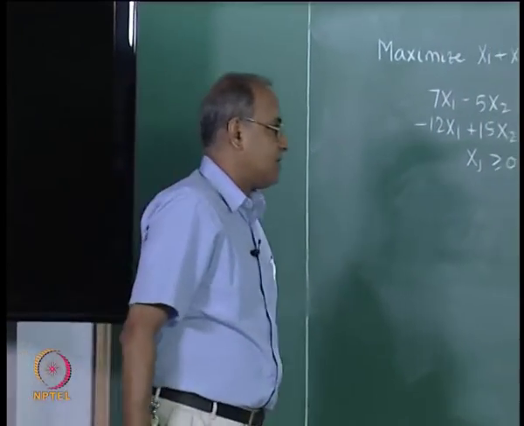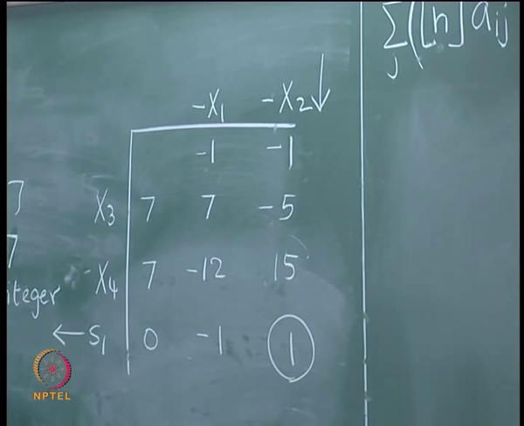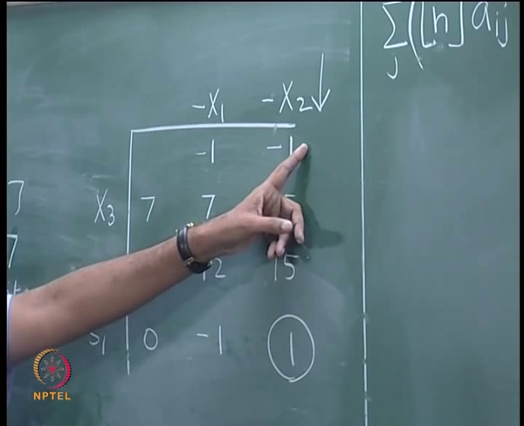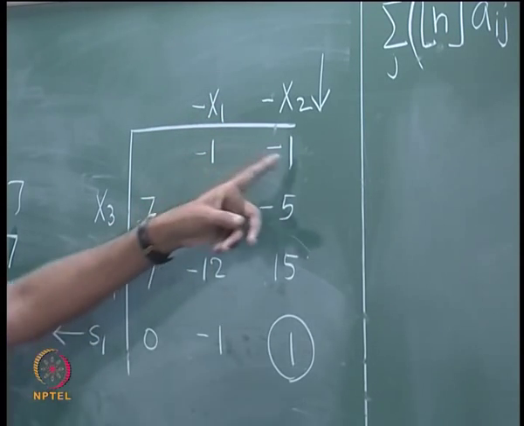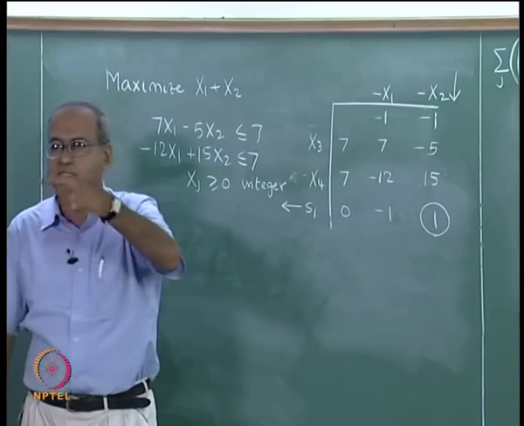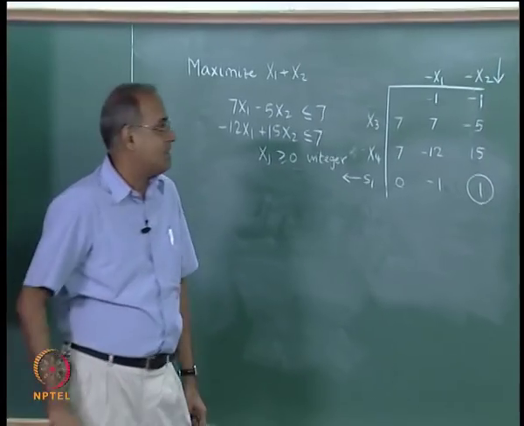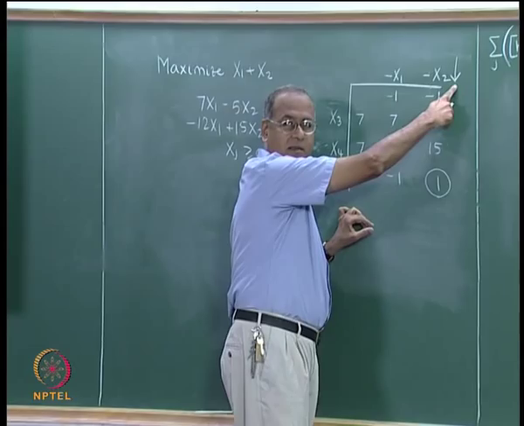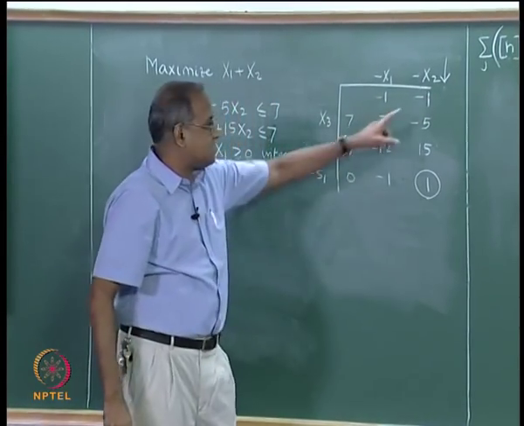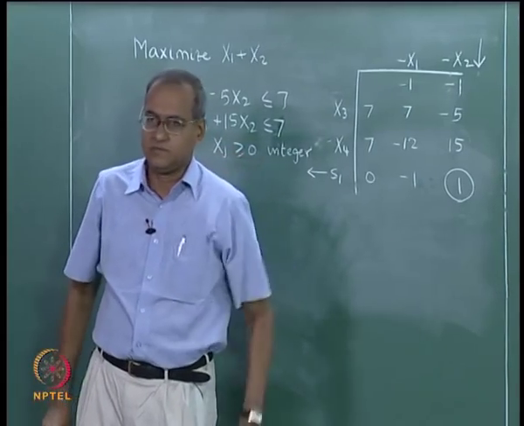In the primal algorithm, the entering variable comes in first, and it is chosen based on the largest of the Cj minus Zj numbers. In this case these are negative numbers, so they represent Zj minus Cj, therefore we take the smallest of them. Here both are equal, so just to illustrate I took this. So, this is chosen based on what is called the largest coefficient rule.